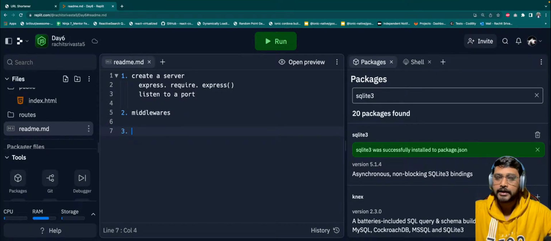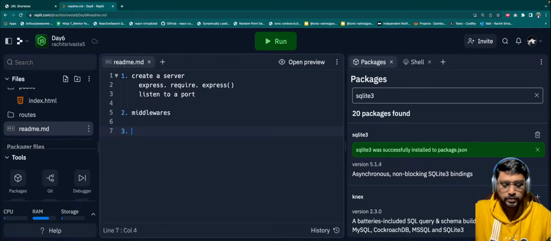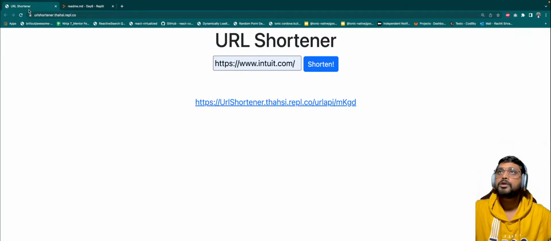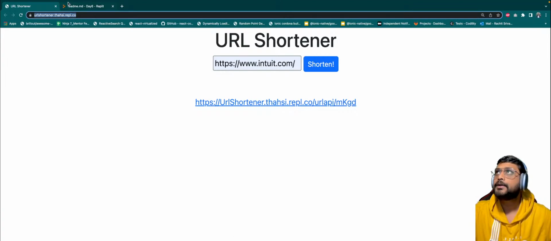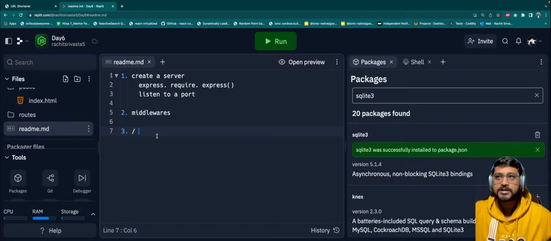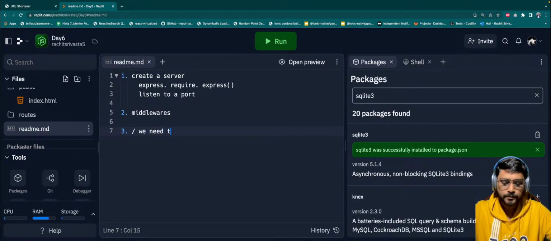What is the third thing that we need to write? On slash URL, or on the website URL, if somebody is there on the website, we need to show this HTML page, right? So on slash, that is on the home page, we need to show